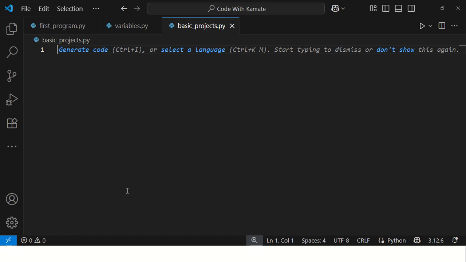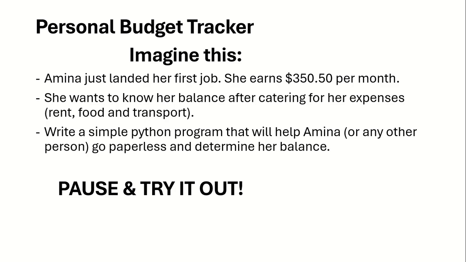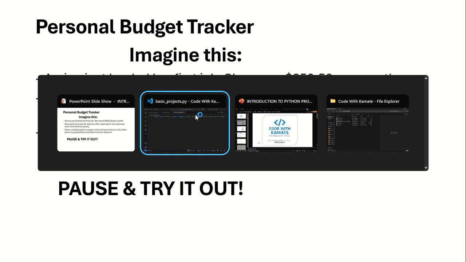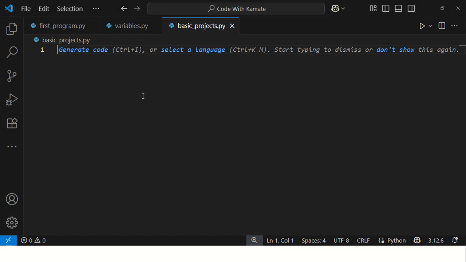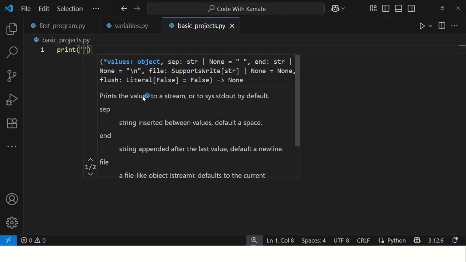So now, as we said from our project, Amina just landed her first job and she wants to be knowing her balance. That means you have to get her salary. Then after getting her salary, we deduct all the expenses, rent, food, and transport. Then we display her balance. So let us now start. So what do we start with? So back to Visual Studio Code. You can just start by printing a greeting message, maybe by saying